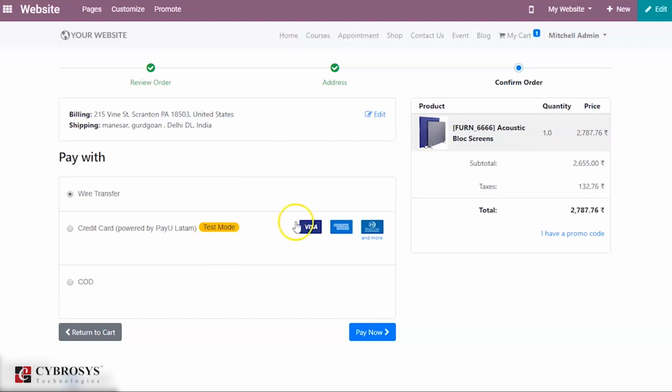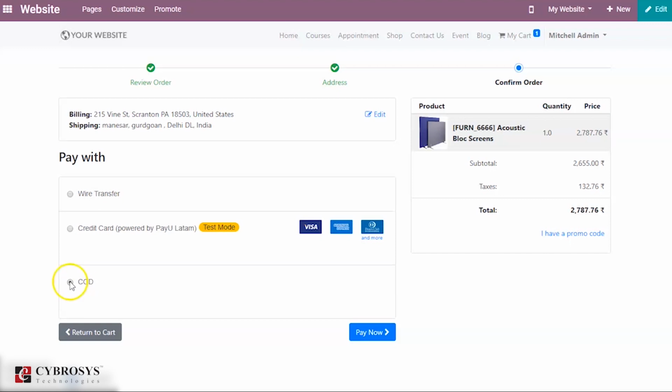It will take you to the next page, that is pay with. Here you have the payment acquirers that you have already created. Here you can see the payment acquirer that we have created, and you can see COD because we have given this name for the displayed as option in our payment acquirer.